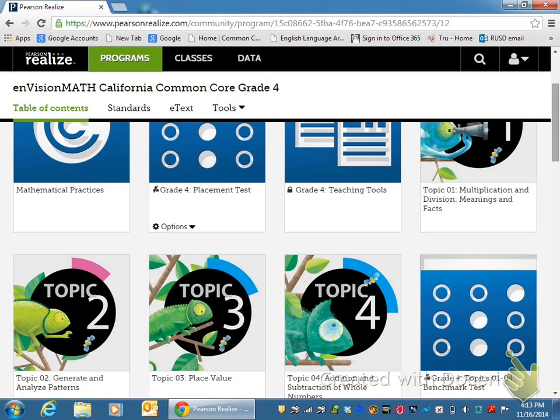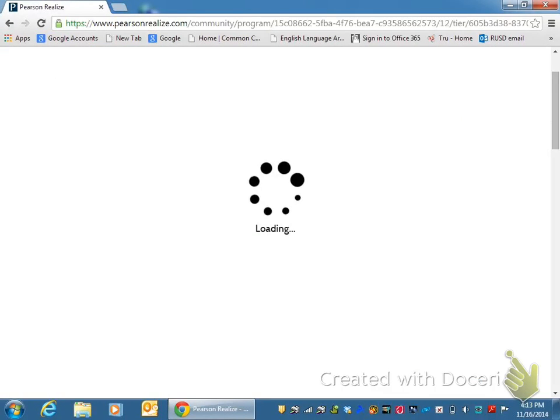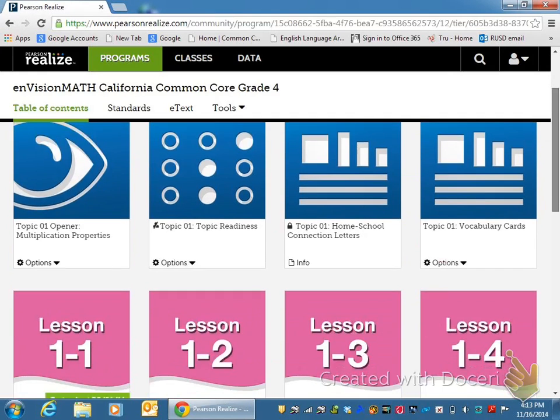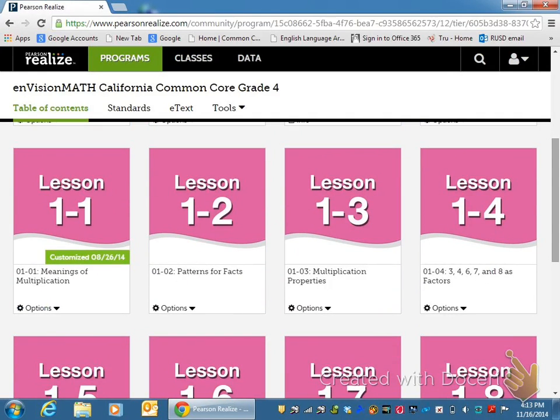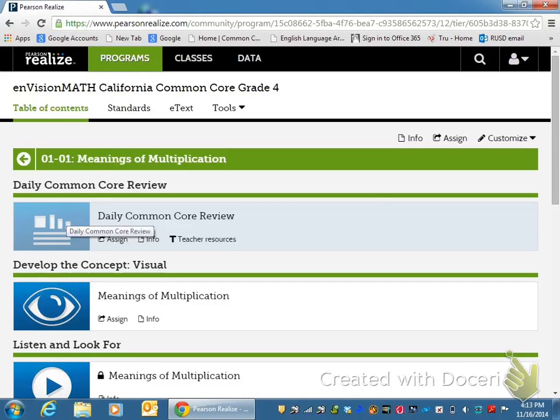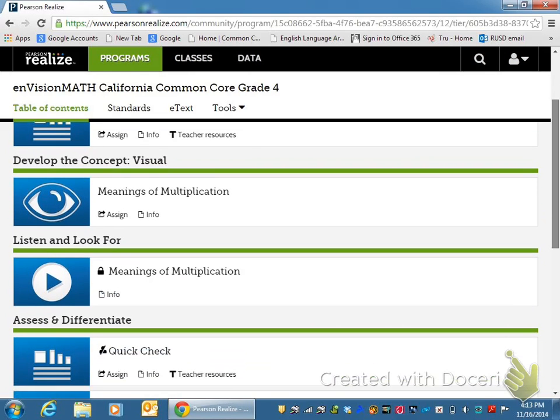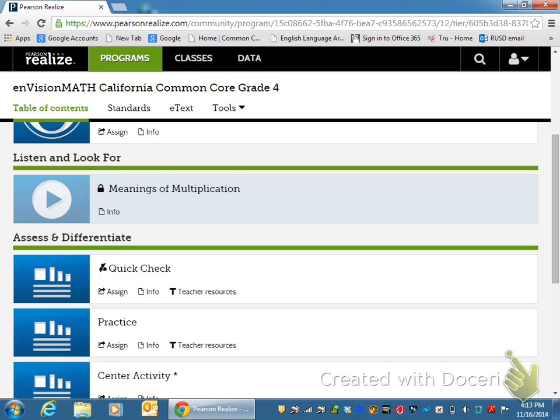So if we were to click on to topic 1, they would have a lot of different choices. You can see right here, lesson 1-1, lesson 1-2, lesson 1-3, and again, your child can go ahead and click on it, and they're given a menu. Daily Common Core Review, Meanings of Multiplication. They'll also have a video here on the listen and look for, and then